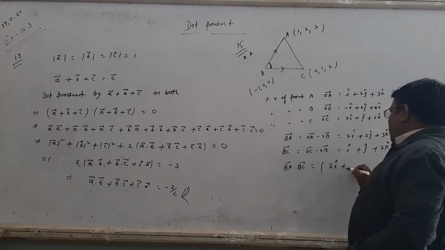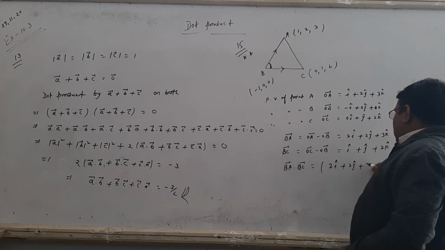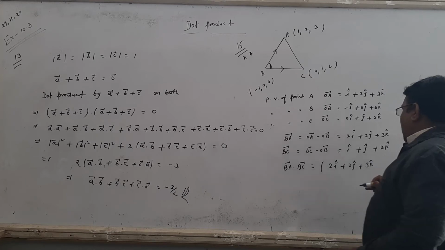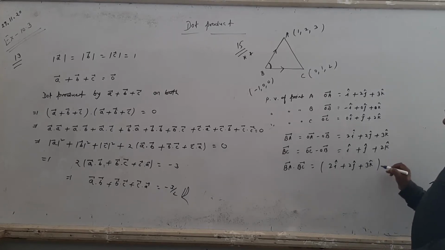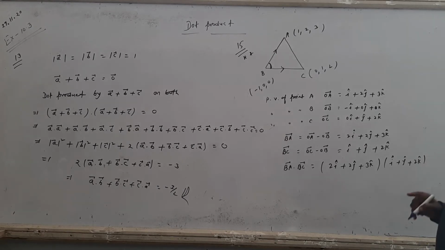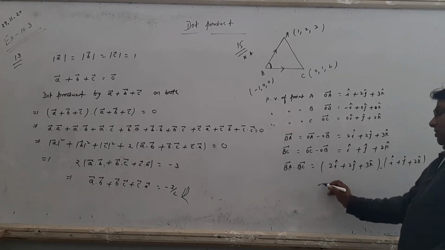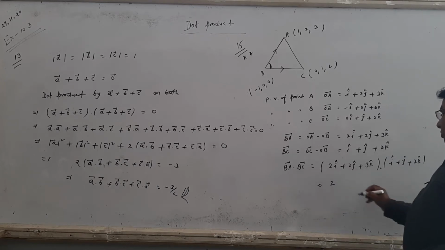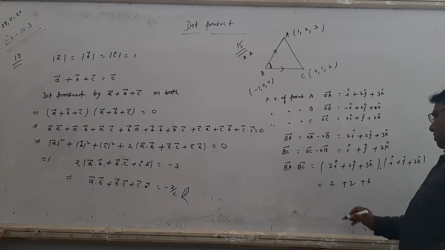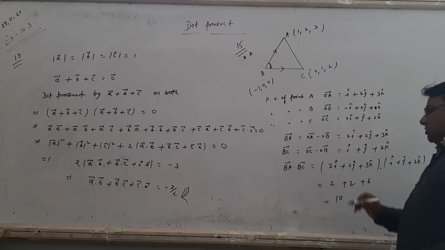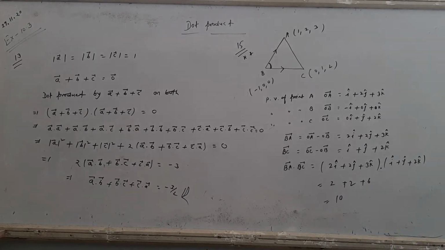कोई भी दो वेक्टर का डॉट प्रोडक्ट वही स्टूडेंट कर सकता है जिसे ये मालूम हो कि व्हाट इज द आई डॉट आई, जे डॉट जे एंड के डॉट के. यू नो स्टूडेंट, आई डॉट आई, जे डॉट जे एंड के डॉट के इज 1, बट आई डॉट जे, जे डॉट के, के डॉट आई 0. इसीलिए डॉट प्रोडक्ट में आई डॉट आई को आई से मल्टीप्लाई, दैट इज 2. जे डॉट जे इज 1, दैट इज 2, and k dot k is 1, 3, total 6. Then this is the value of BA dot BC.